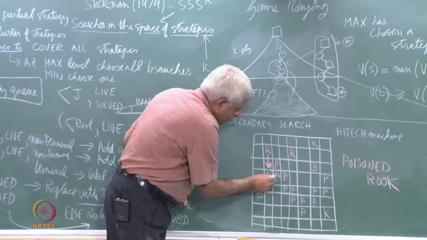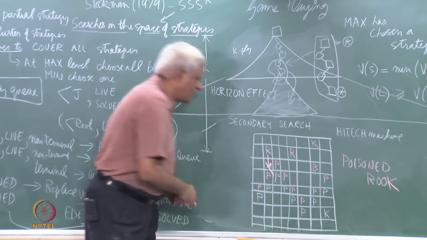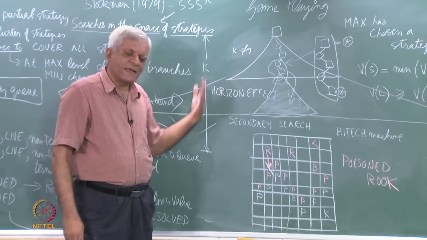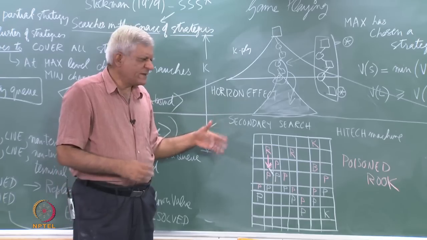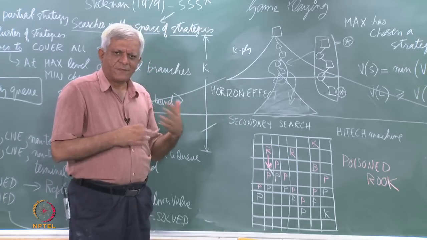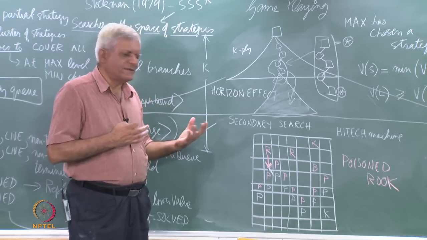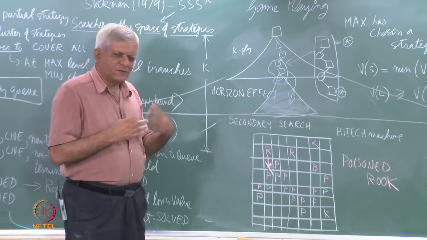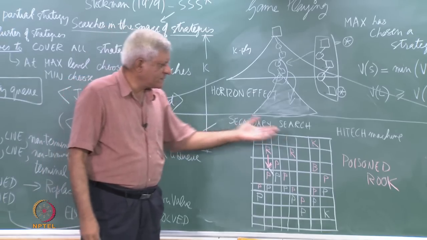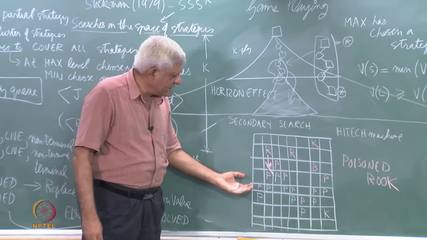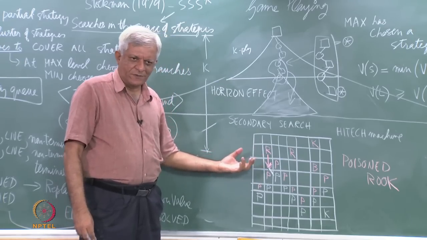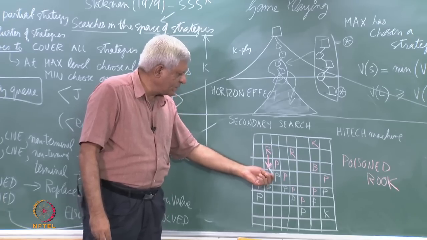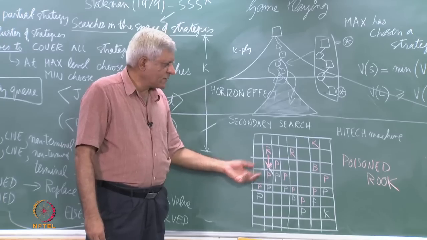White can capture this rook like this, if you know the chess rules, and the game playing algorithms that we have been talking about will basically do this. They will do some k-ply search, apply the evaluation function. What is the evaluation function? We had seen it is a combination of material advantage and positional advantage, and then choose the best move based on this evaluation function. What will this poor white program do? It will see that it is getting to capture a rook,